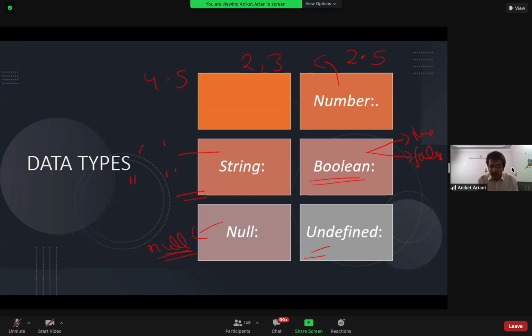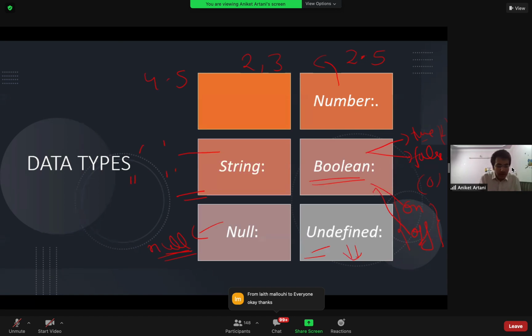This is also an important data type, Boolean, because it's just like a binary key. You can treat true as a 1 or false as a 0, or you can treat it as an on or off button, like a switch in real life. And the undefined keyword, this data type is denoted by the keyword undefined, and this will be written without quotes, because anything you write with quotes will be treated as a string. It also represents the absence of a value.